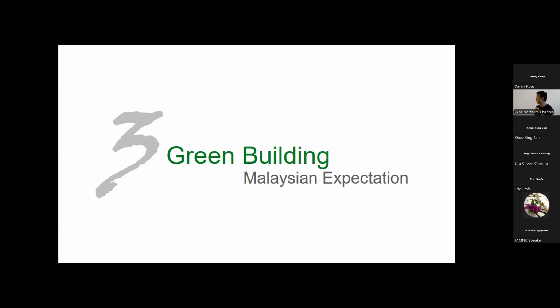Let's see Malaysians' expectation. Very different, very different. Just now we were looking at the technical side, where the consultant knows, the client knows, the green facilitator knows, but the uncle doing the chai kway teow may not know all this, correct? They see green building very differently. Throughout the experience of 14 years doing this,